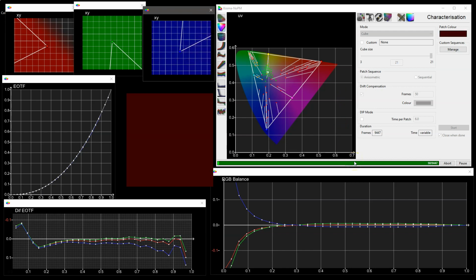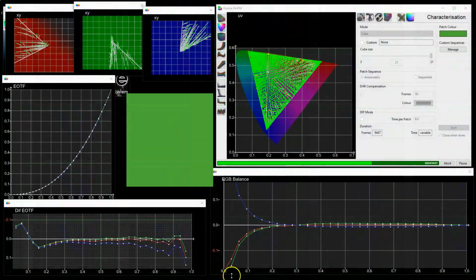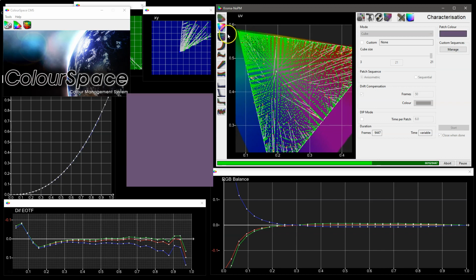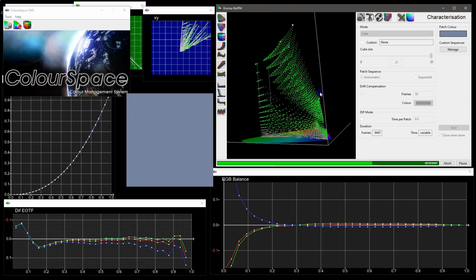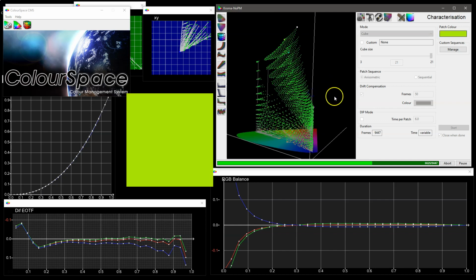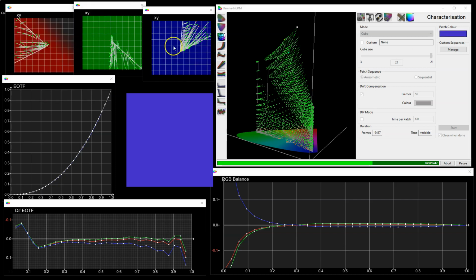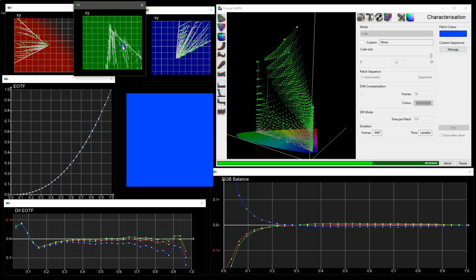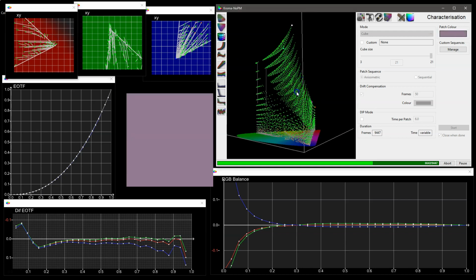And we'll let that run. As we can see, we're some 6,600 patches through, so 2/3 of the way through, and the graphs are slowly building up, showing us all of the relevant information based on the ColourSpace that we built from the original grey only quick profile. Just move that out of the way, and you can see that in all of the zoomed in graphs, so you get an idea as to what really is happening with the display while we are profiling